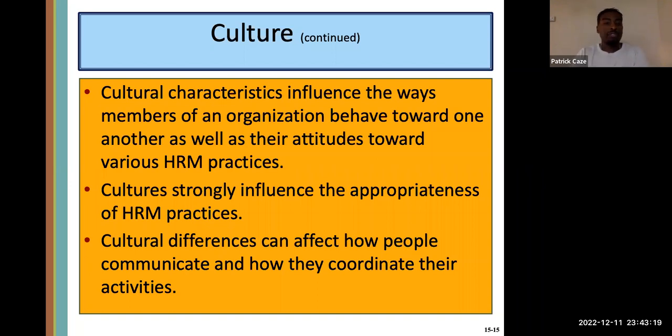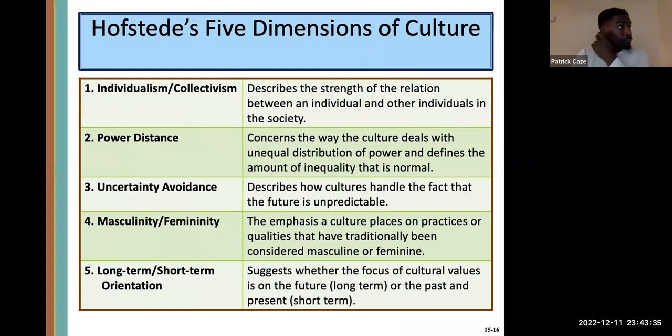Cultural characteristics influence the ways members of an organization behave toward one another, as well as their attitudes toward various HRM practices. Culture strongly influences the appropriateness of HRM practices. Cultural differences can affect how people communicate and how they coordinate their activities, right? So again, culture has a lot to do with how you communicate, who you communicate with, all right? So in certain countries, if a woman's in charge, that's probably not going to happen, right? It's just not an acceptable thing for a woman to be in charge of a man